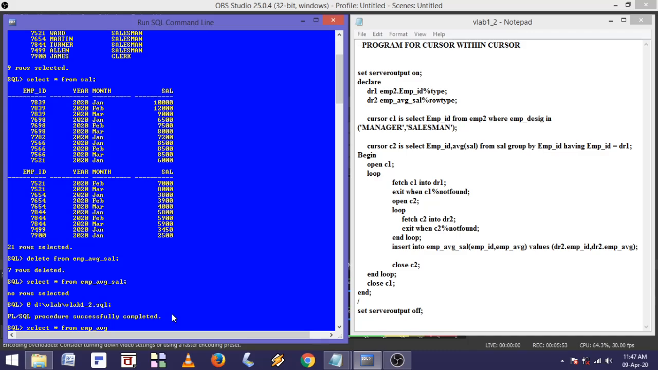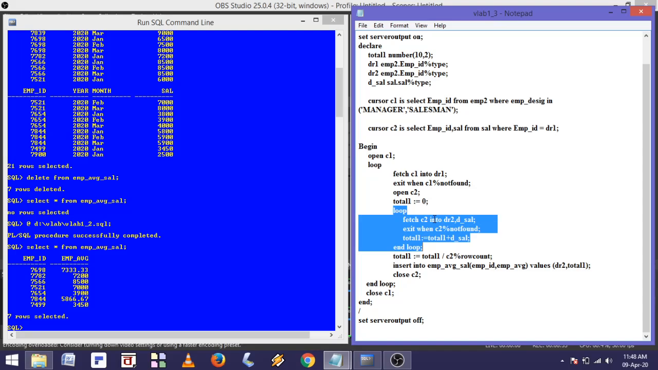Now what is that? We just select the value of C2 into dr2 and dsal. dr2 stands for the employee ID and dsal stands for the salary of the employee, and we calculate the total for all the salary whatever